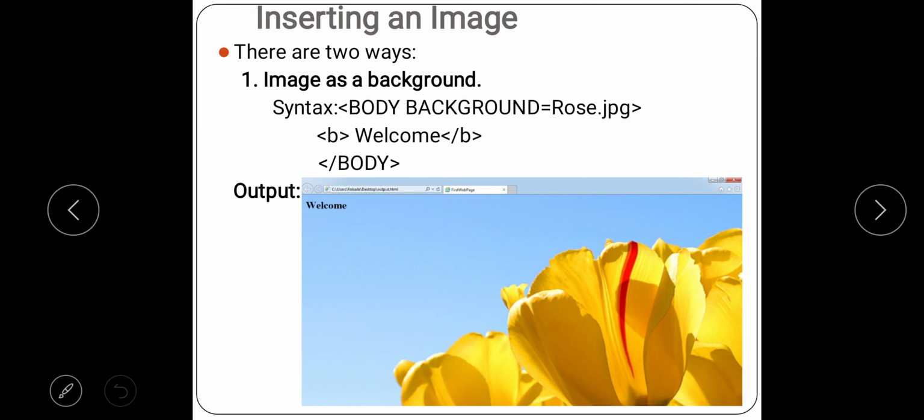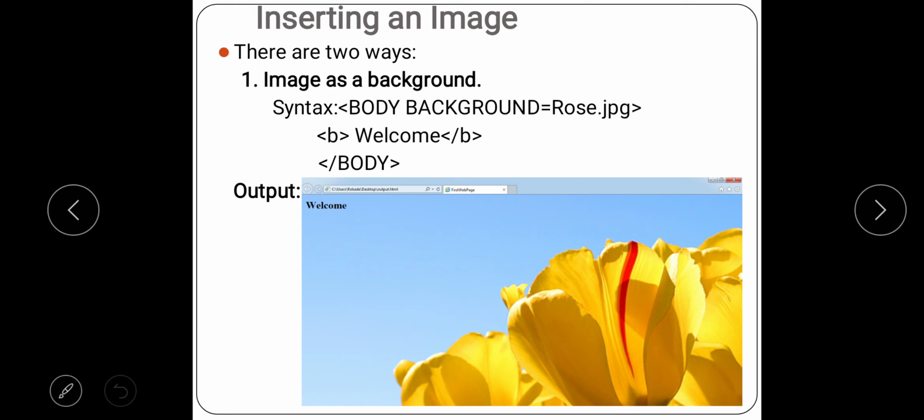Now here you can see that I have simply called the file by its name with the extension. Why? Because I have copied this same file into my folder. If I wouldn't have done this part, I had to give the whole path where this file is saved in some other folder, and it is very messy. So it is better that you copy that file in your folder and simply call it by its name, right?